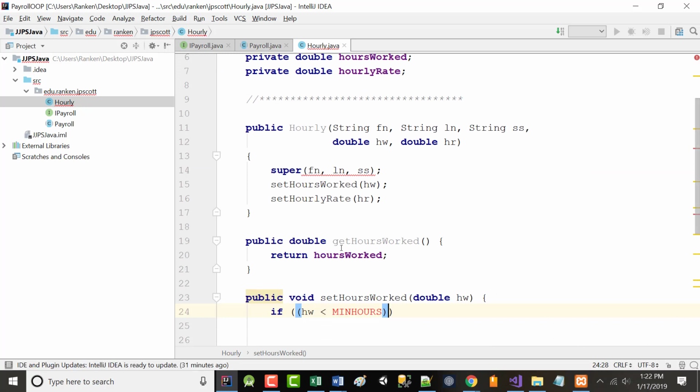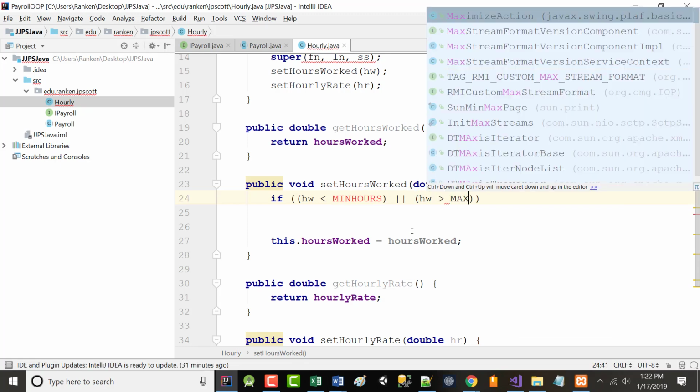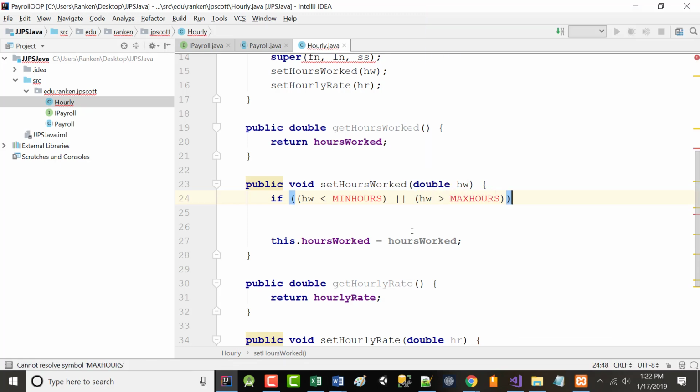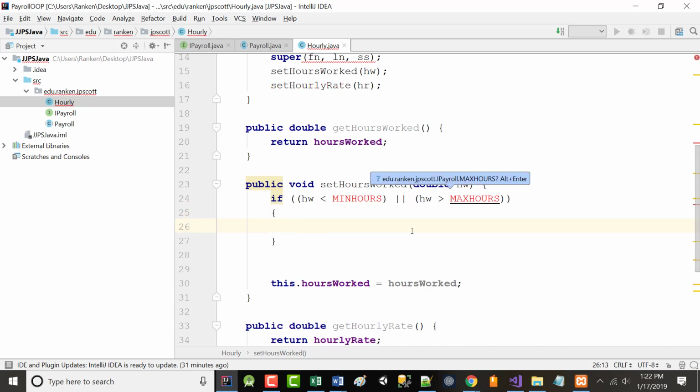All right, so if the hours worked is less than min hours, or the hours worked is greater than max hours. So if any one of those is the case, we're going to do something. Don't worry about what we're going to do. But you notice I have an error here, and here, and here. Everybody see that? You probably do on yours too.